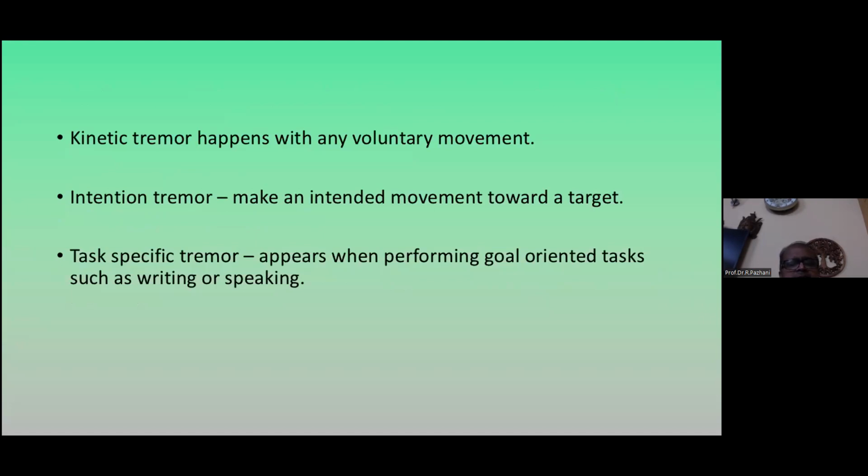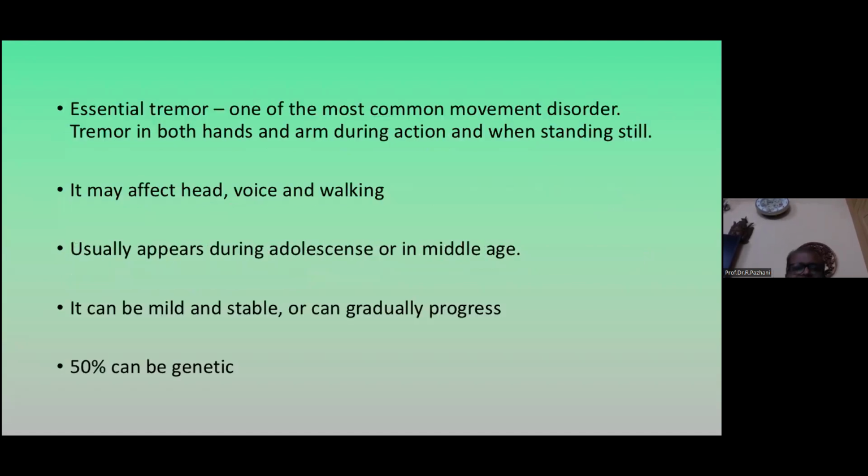Task-specific tremor happens while doing only some task. For example, when they are writing, they get the shaking. It's basically not a tremor alone, it's a dystonia, a task-specific dystonia. It is called writer's cramp. We see these patients in practice, and they get some botulinum toxin therapy and they become better. So the common example of this kind of task-specific tremor is writer's cramp, a task-specific dystonia.